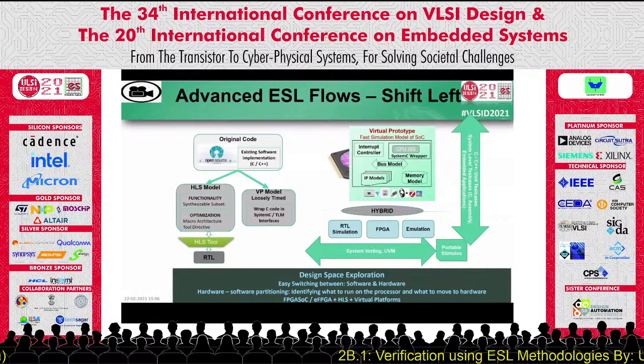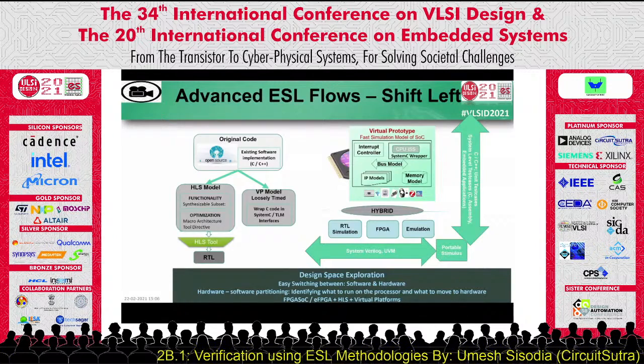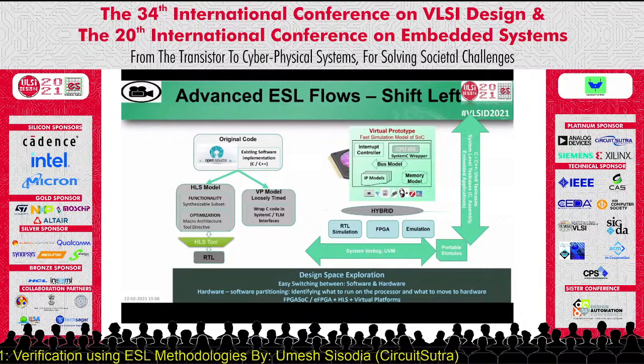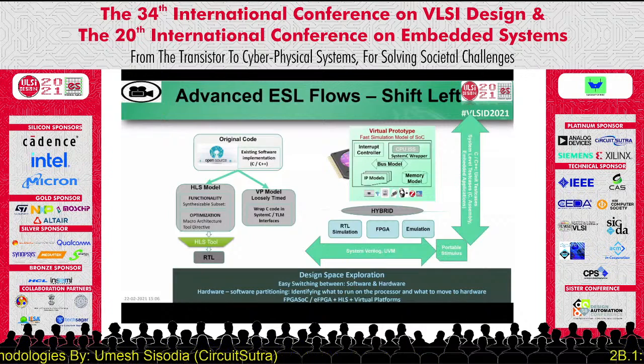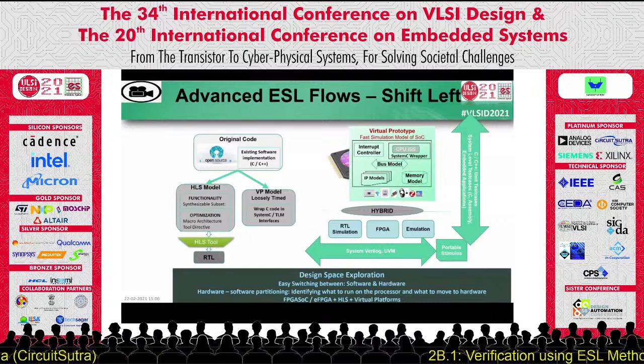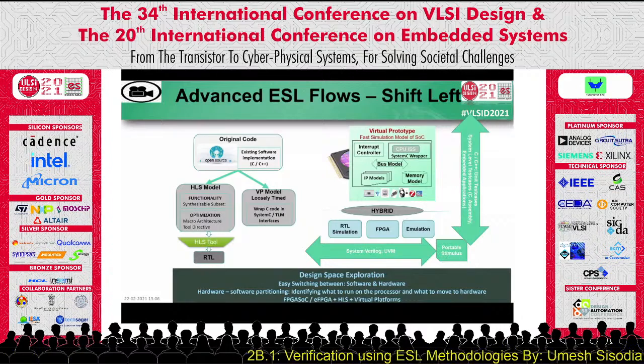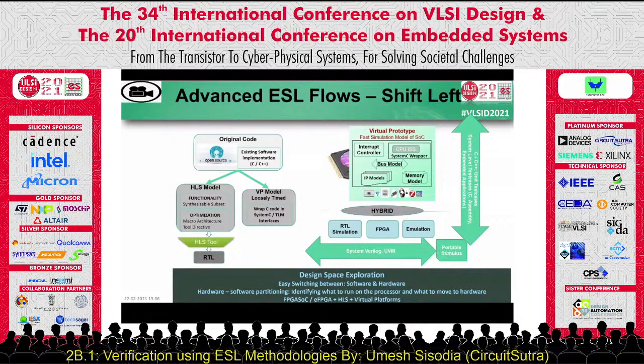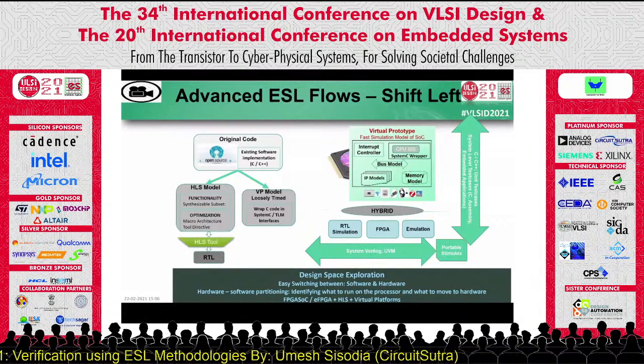Some IP is already implemented in RTL, and for some IPs you can use SystemC models, etc. At some stage, your focus could be to thoroughly implement and verify a particular IP, and at other times, your focus could be to see how the entire system is going to work together. So with this kind of flow, we get complete flexibility throughout the life cycle. It also enables architecture space exploration. We can do hardware software partitioning and identify which portion of the design can run as software on the processor and which can go as hardware inside the chip.